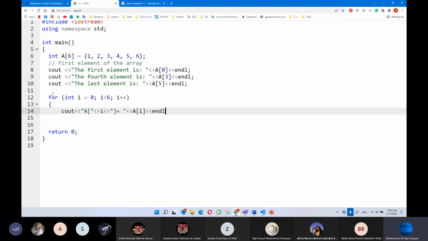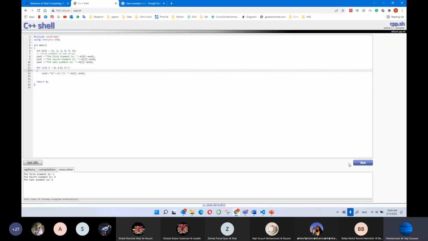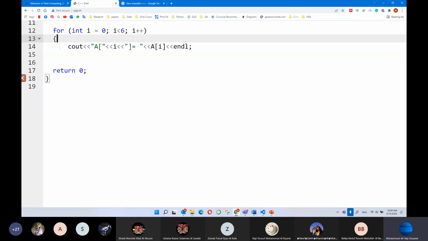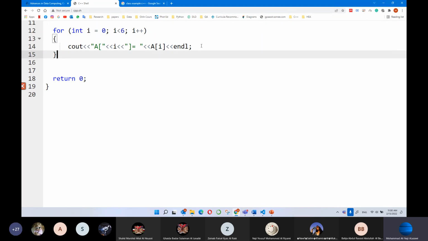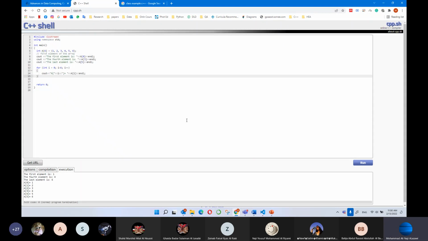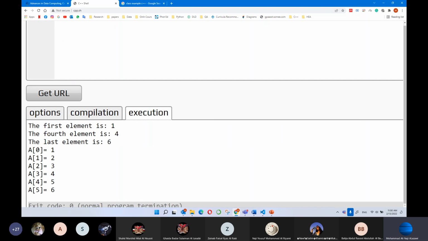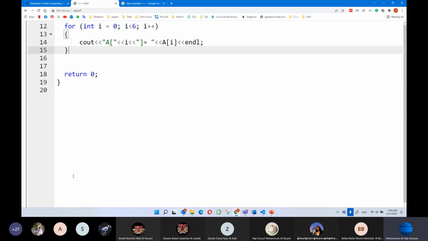Okay. Let's see how they will be printed. Error. Yes, I committed a mistake because here I opened this brace and didn't close it. So here I close it. Okay. Remember to close every open block. So this is what I got in the answers. The first element is 1, and see here the printing is a of 0 equals 1, a of 1, a of 2, a of 3, etc. So this is the